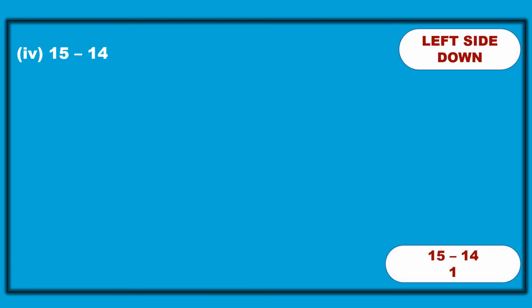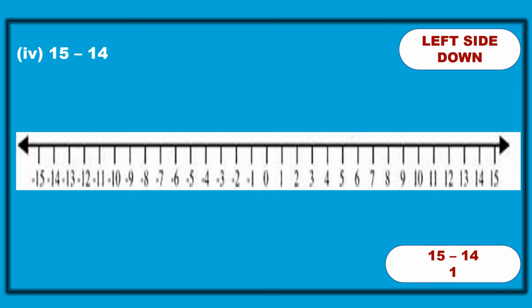Okay, so we'll see on the number line. This is your number line. So first whatever number is there, from 0 you should go to this number. Okay, so from 0 to 15 it is plus 15. If there is no symbol, it is plus, right? So plus 15 means right side. If it is minus 15, you should go to the left side. So 0 to 15 plus 15.